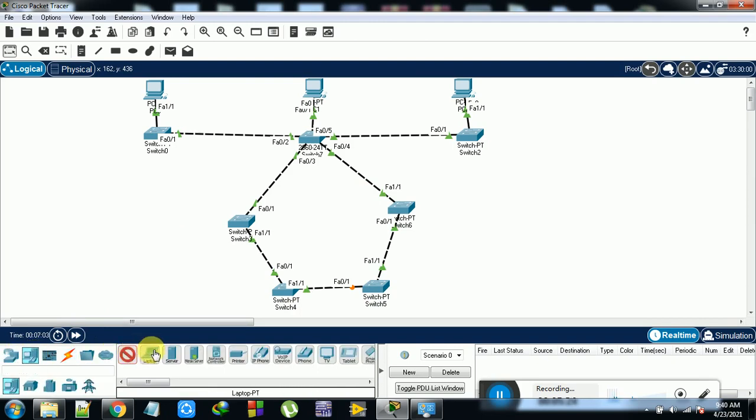Okay, some laptops or something I am going to connect here, and one more thing is here, and next one more thing is here.